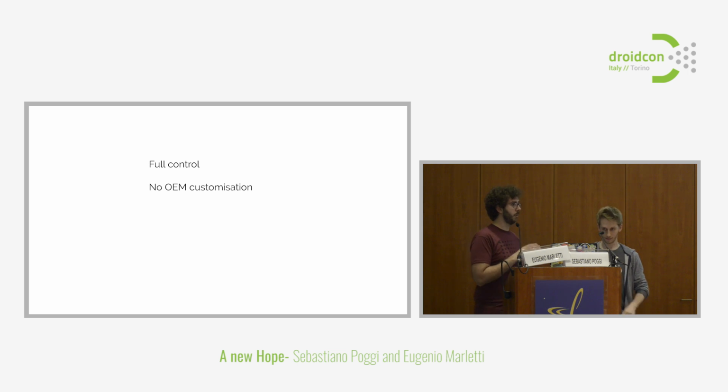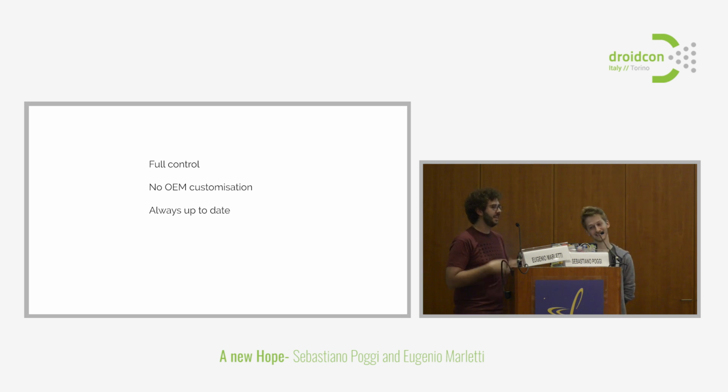There is no way for OEM customizations to get in and ruin your UI. Unless you go to the native part, like Android or iOS interop, there is no way for Samsung to break your UI unless they broke OpenGL, which you never know. You laugh, but... I'm crying inside. And it's always up to date because basically what you do is you ship the framework with your application.